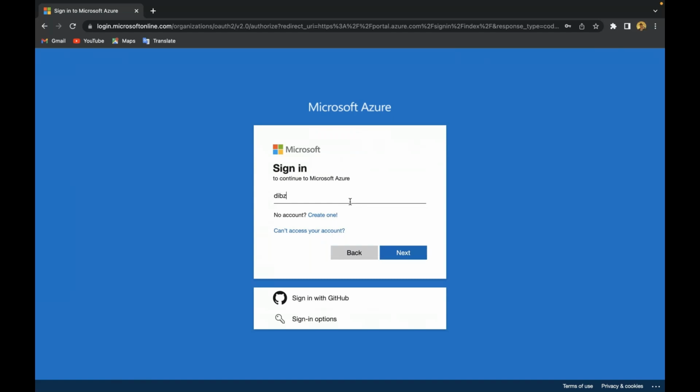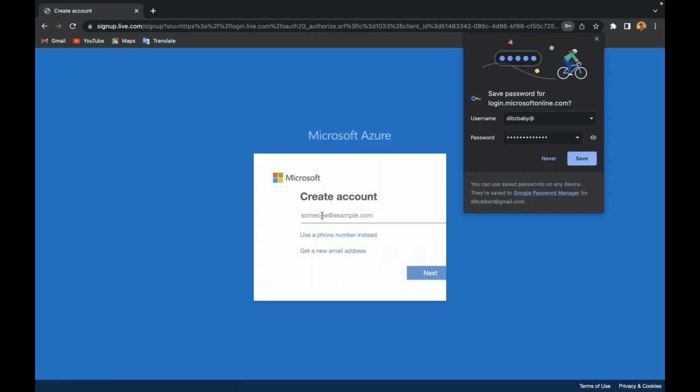You can see the create one option below. Hit on create one and create a new account. Just hit on that create one icon. So here you can create a new account. You can create a Gmail or Hotmail, sir.